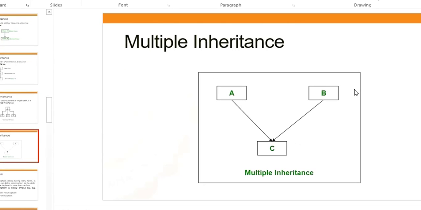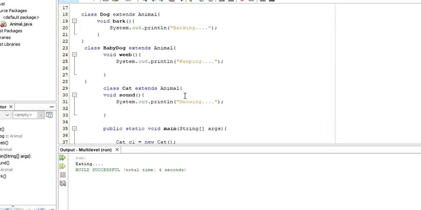Then, as I said, multiple inheritance, in the sense this class is going to derive from two parent classes. This one is not allowed in Java with classes, but it is allowed in Java with something called an interface. We are going to learn about interface in the later part of the session. Now let me show you why this one does not work in Java with classes. So here what I am going to do,